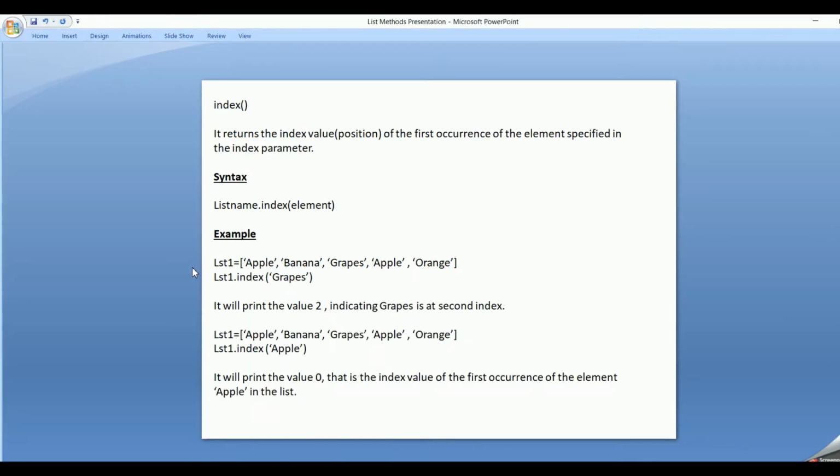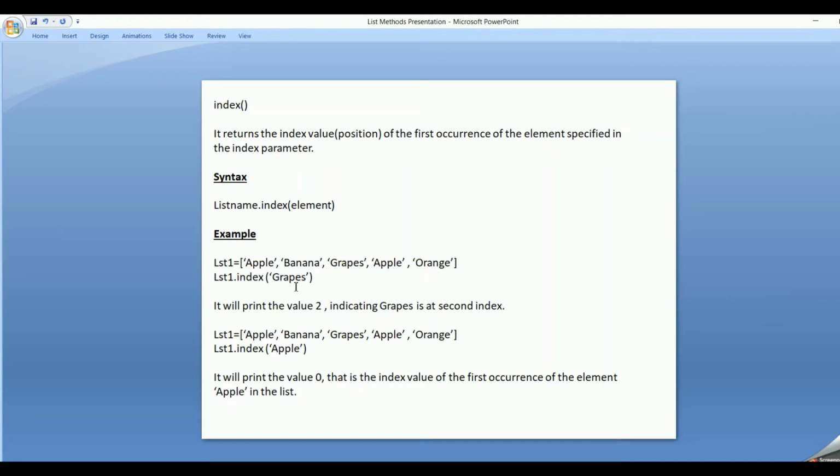And now let's go on to the next inbuilt method, that is index. It returns the index value or position of the first occurrence of the element specified in the index parameter. Suppose let us consider the same list and let me specify list1.index grapes. Apple is at 0th index, banana is at first index, grapes is at second index.